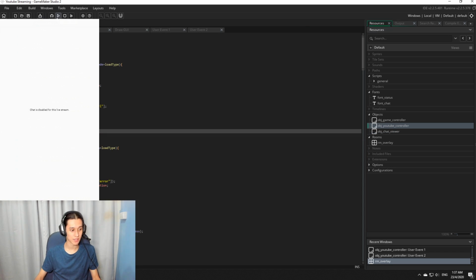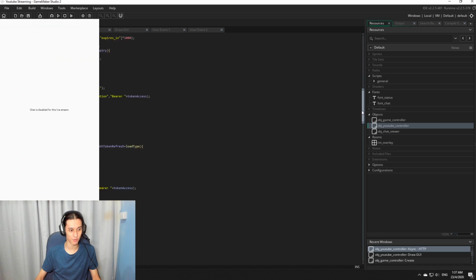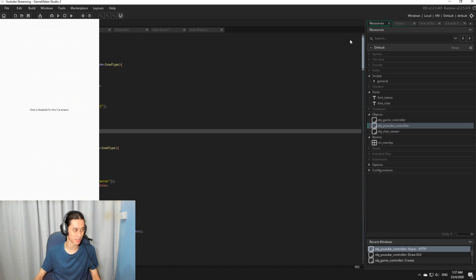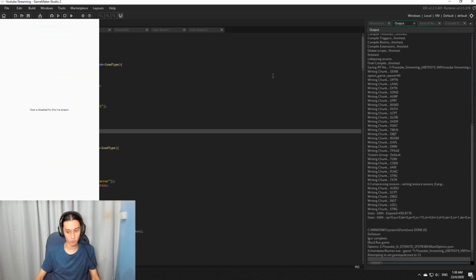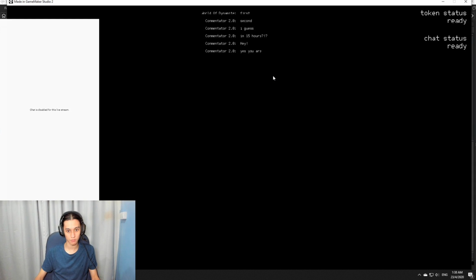It was a mess. I needed OAuth stuff, I needed tokens, I needed lots of back and forths. My asynchronous events of just handling all my HTTP requests are massive. If I run this, it should work. Ta-da! Buffering. Wow, there we go. And I don't think that buffering should be very long. Now, actually,